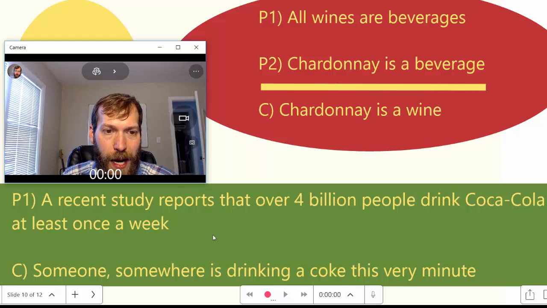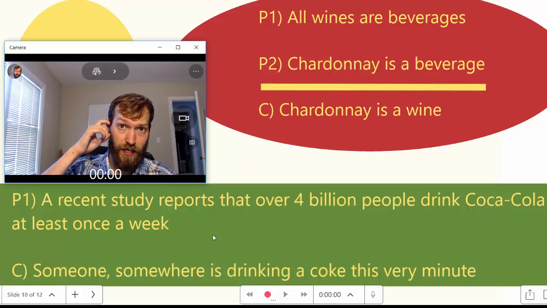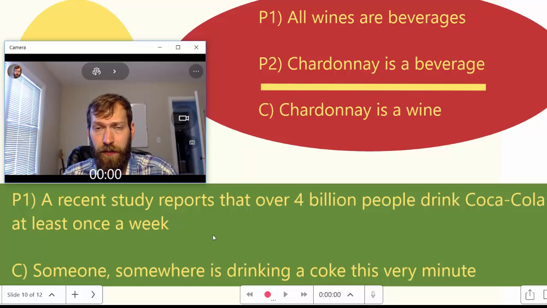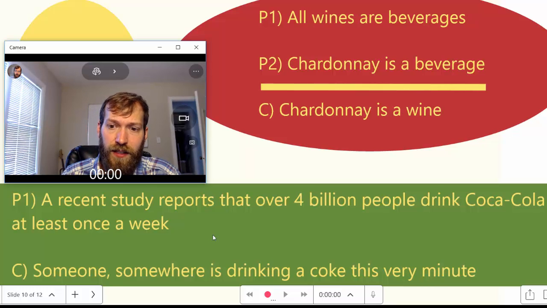as unlikely as it might be, it could be that all these 4 billion people drink Coca-Cola on Monday. So if that's true, and today's not Monday, and I say someone somewhere is drinking a Coke this very minute, our premise will be true, but our conclusion will be false. So it doesn't give us this necessary, all-or-nothing type of reasoning. It doesn't even purport that. It just purports that it's really, really likely, given that we have over 4 billion people drinking Coca-Cola at least